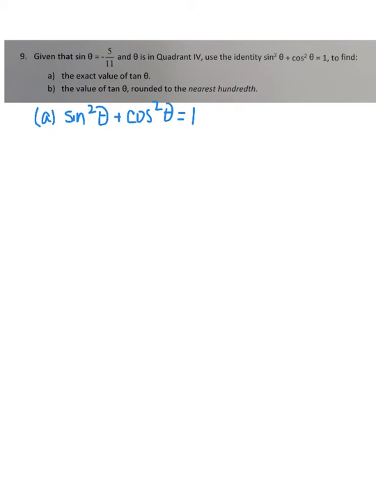Part A says to find the exact value of tangent. But it does say that I have to use the identity sine squared theta plus cosine squared theta equals 1, which is one of the Pythagorean identities. And they do give me that the sine is negative 5 over 11. So I'm going to put that in and go from there. So I know that this is negative 5 over 11. I'm going to have to square that, plus, and they don't give me anything about a cosine, so I'm just going to leave that as cosine squared theta